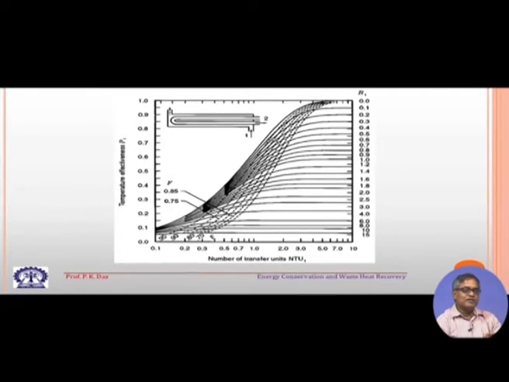We know the type of heat exchanger, we know the effectiveness, already we have calculated the effectiveness, and then we know C star. So, knowing C star, effectiveness and the type of heat exchanger, we can also calculate the NTU, because effectiveness and NTU are connected. Only thing is that for a few typical heat exchangers, we will have some formula or closed form relationship. Otherwise, we have to go for some sort of a curve. So, this is one curve from which, knowing the temperature values, we can determine NTU.